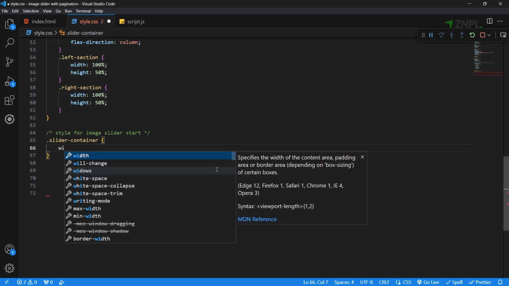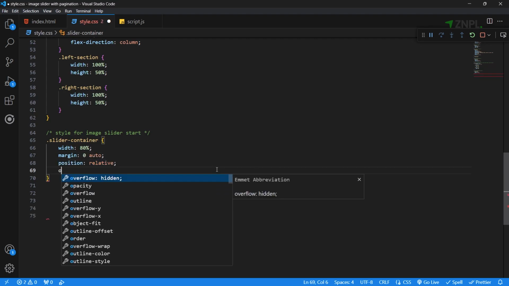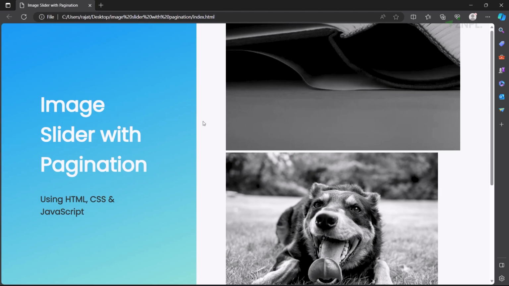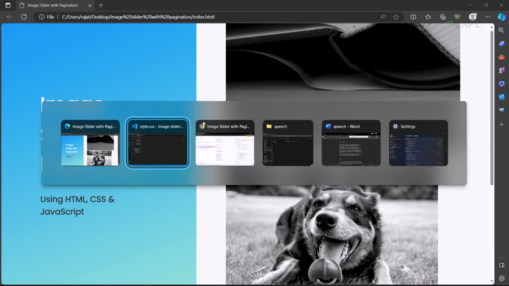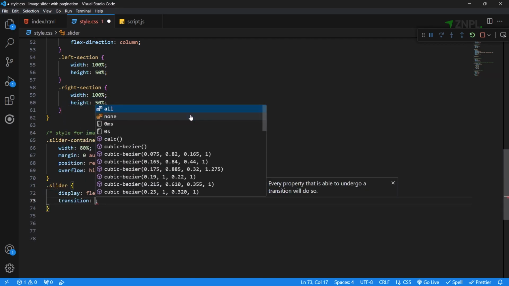We use CSS to style our slider and pagination. The slider container class provides styling to the overall container, and the slider class sets up a horizontal flex display for the images.